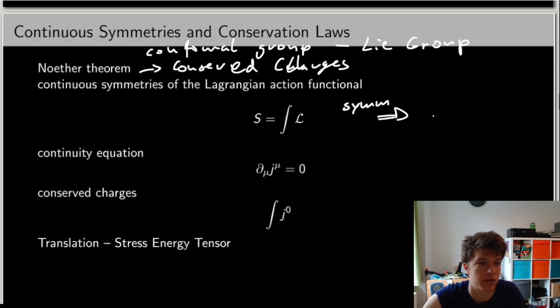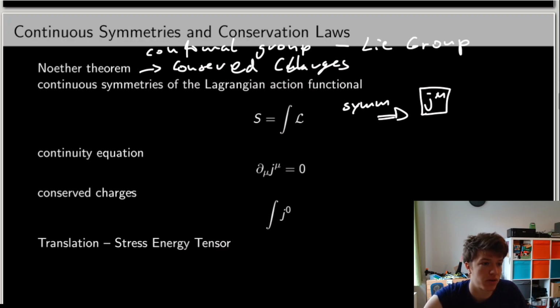We can then find out a charge or current J mu, and this will satisfy, because of the Noether theorem, that it is divergence free,